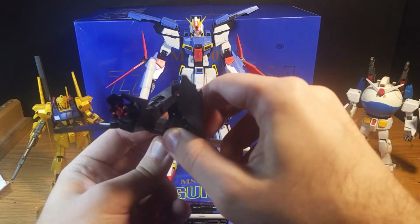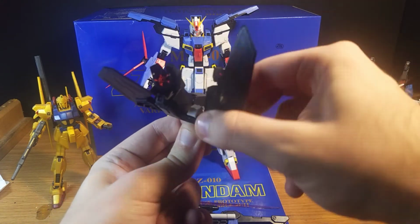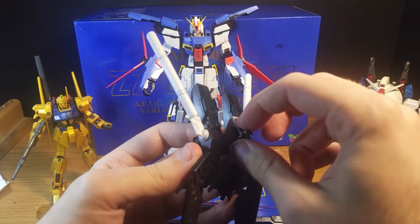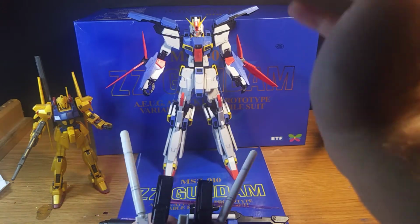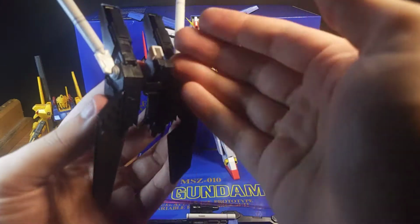Because as you can see, everything is functional. It moves, has no loose parts or anything like that. And the one reason I like this kit is not only because it's a double Zeta and all the cool stuff that it has, but the setup it has for its backpack. Because as you can see